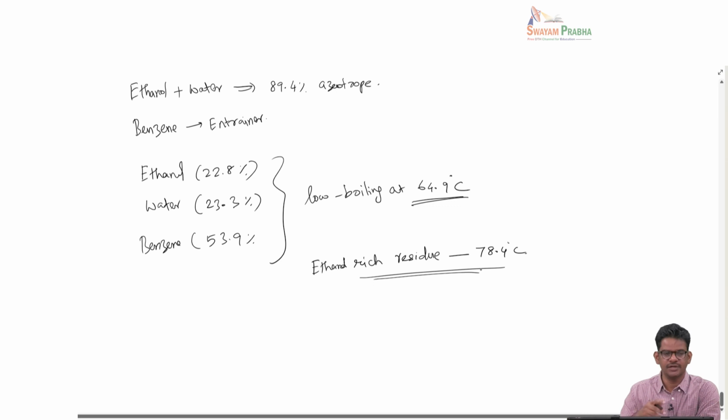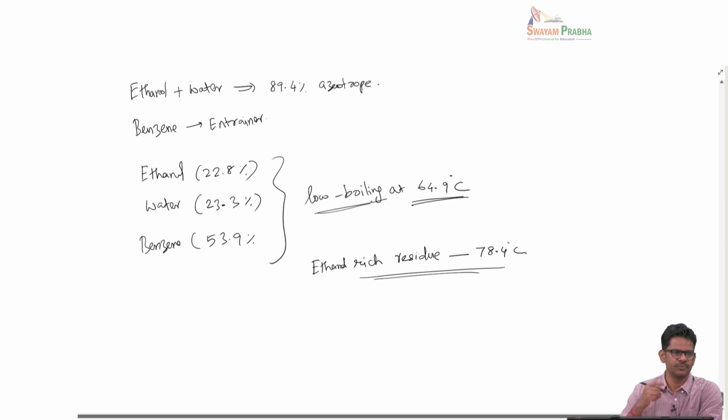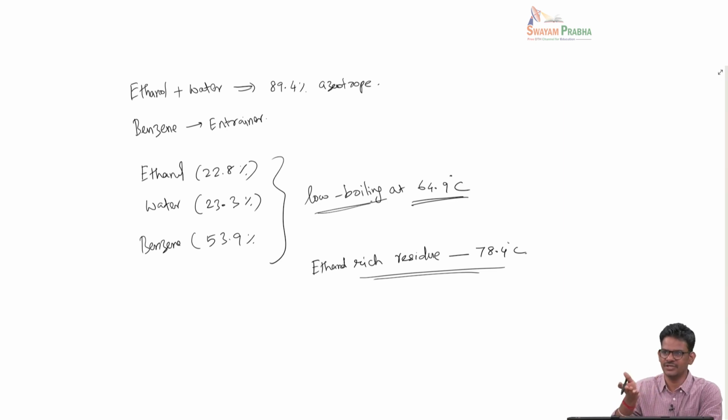And then you can take the top product which contains all the three and send it to a second column, and then you deal with separating ethanol, water and benzene separately. In fact, if you take the low boiling azeotrope from the top of the column, when you condense it, you again will have two layers. One will be benzene rich, another one will be water rich. Okay. So you take those two and then separately